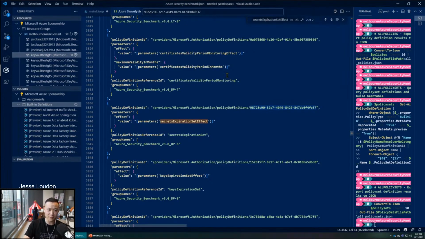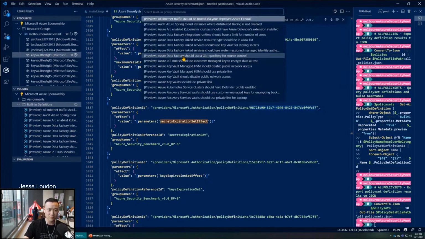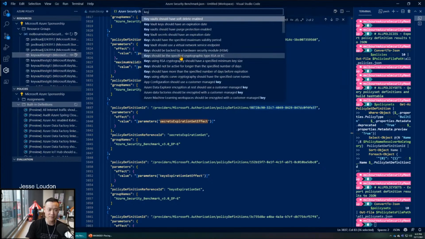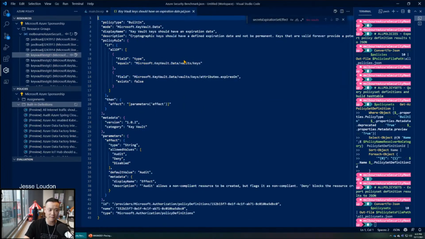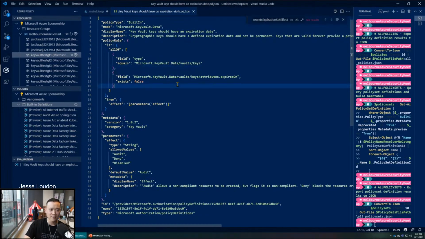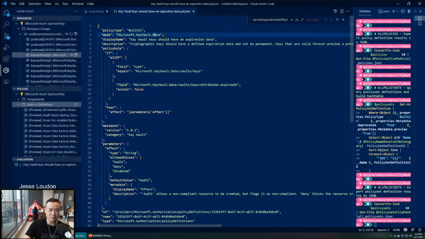I'm not sure I'm going to find anything. Maybe if I... okay, here we go. If I search for expiration, we'll see "key vault key should have an expiration date." Okay, so here's the mode. This is a built-in policy for managing key vault keys. And you'll notice the mode is set to